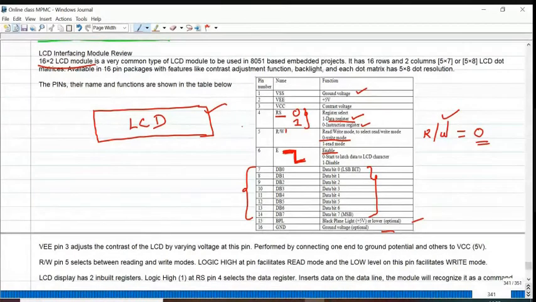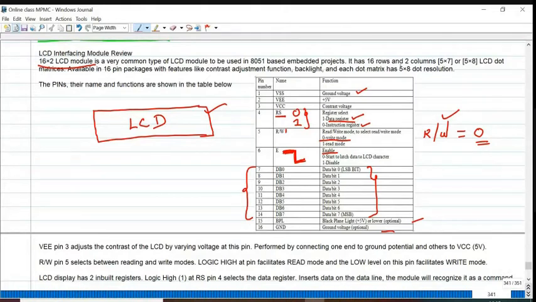Whenever you are instructing the display, RS should be 0, and whenever we are transmitting data, RS should be 1. And for each and every transmission, either data or instruction, your enable pin must go high to low, negative edge triggering. That's it. It's the basic information of your LCD display.